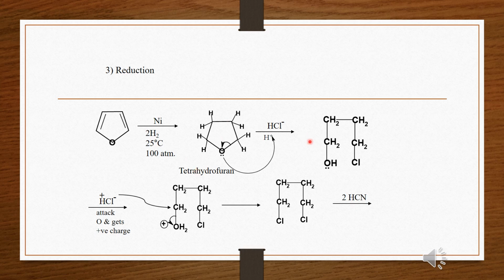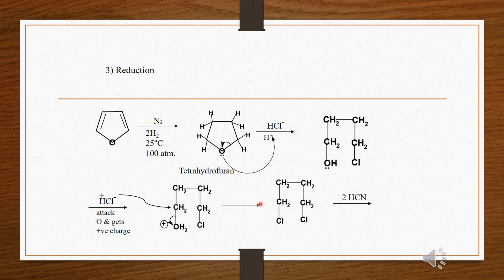So now again it will react in the presence of HCl, and as I told you, whenever there is an OH, we have to get rid of it by making water. So again with the HCl, this H will get attached over here and form water, and this chlorine attacks this carbon, because this bond breaks, right? So this bond breaks and this carbon will bear a positive charge. This chlorine having negative charge gets attached to this carbon, and